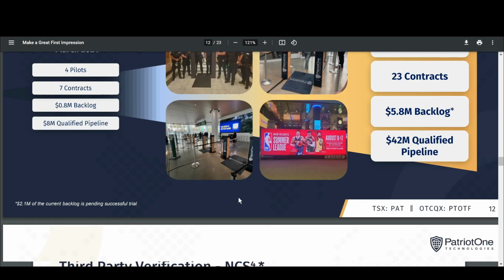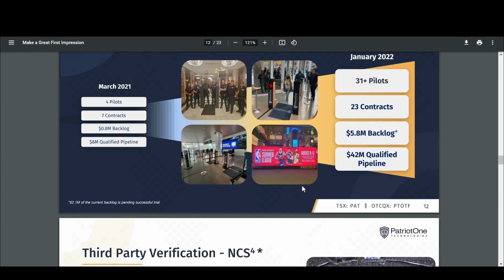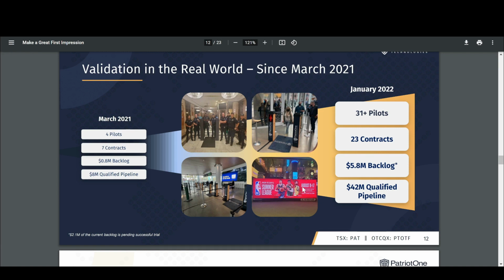So it's not quite really included in there yet, but for this presentation they probably just wanted to make sure they included that. And if they are including that, it's probably a pretty good likelihood that it's going to be a signed contract. Either way, just in the last month of January, they added another 11 contracts and increased that backlog from 2.7 million to 5.8 million. This is really huge. And on top of that, 31 pilots that are currently going on and 42 million in